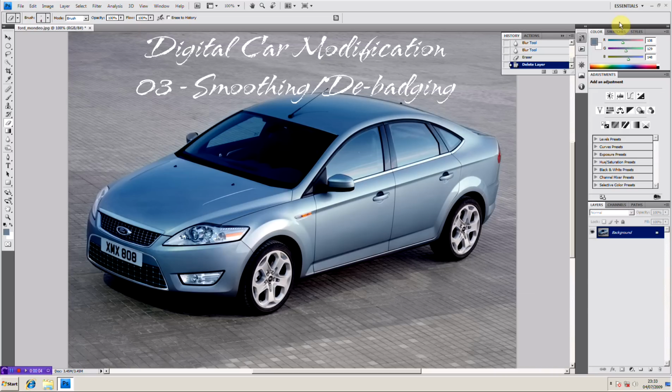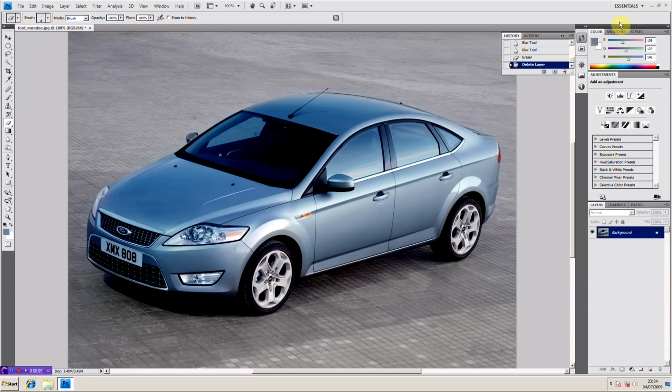Hey guys, welcome to tutorial number 3 in the digitally modifying cars series. This is smoothing. We're going to be learning how to smooth your car, make everything flush, remove handles,